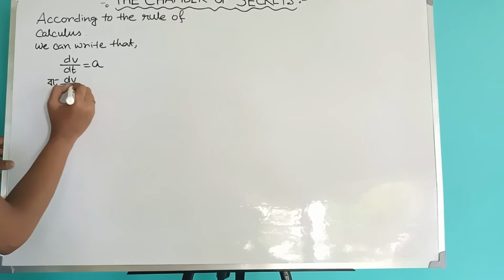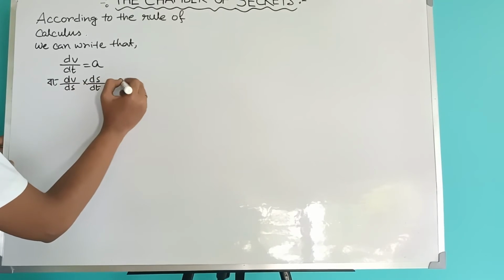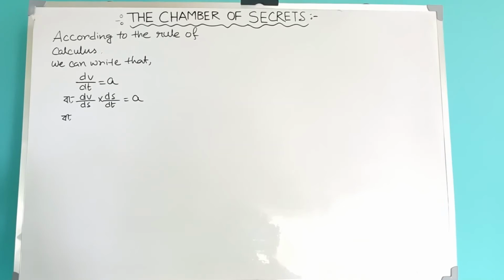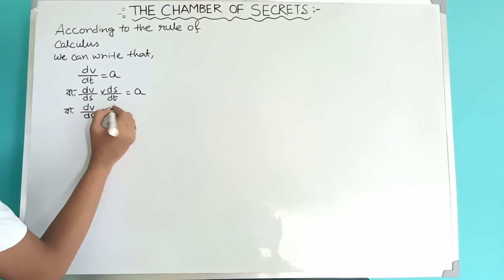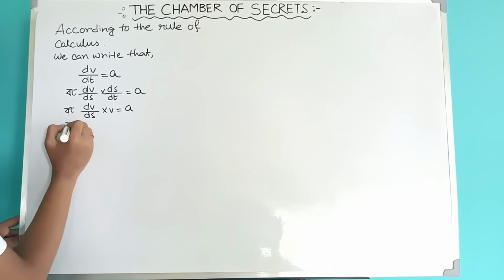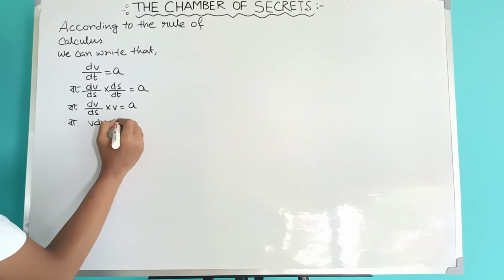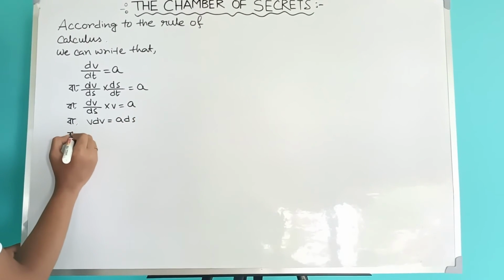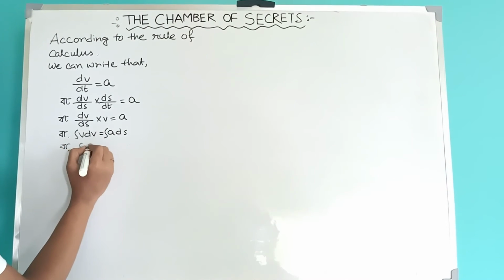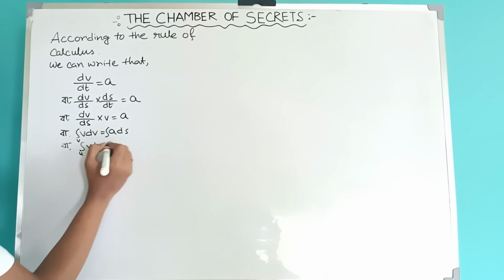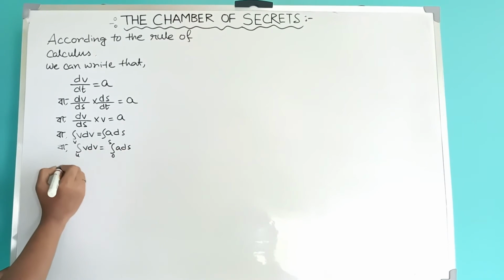So we can write the next step, that dv by ds into ds by dt is equal to a. So we can write dv by ds into v is equal to a, or v dv is equal to a ds, or in the next line, integration v dv upper limit v lower limit u is equal to integration upper limit s lower limit 0 a ds, or